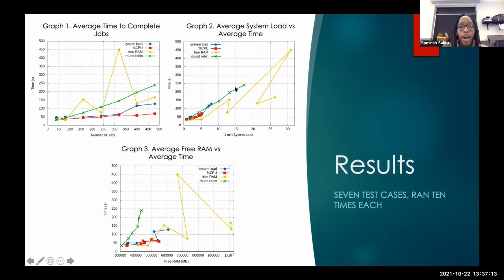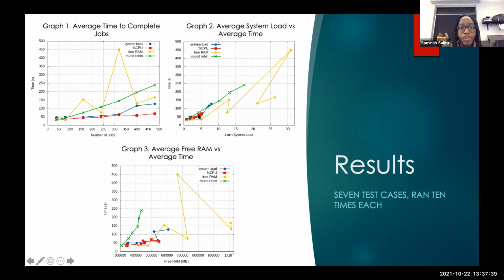On the other hand, round robin over here, which still follows a fairly linear path, distributes the jobs evenly, but not all servers are equally weighted. Servers 1 and 3 have 2 CPU cores, while servers 2 and 4 have 4. So that means that systems 1 and 3 were overloaded much faster than the others, and the time taken to complete the jobs is higher than